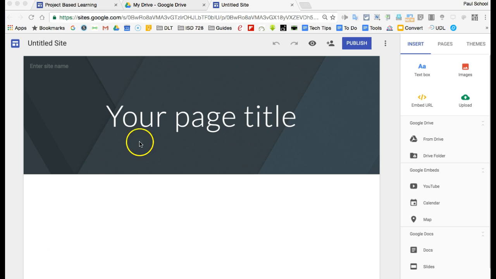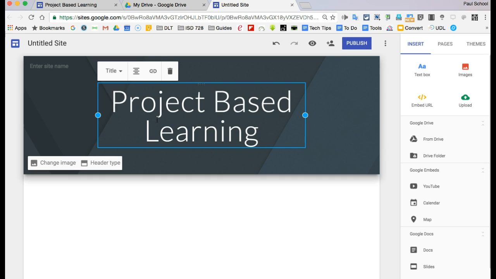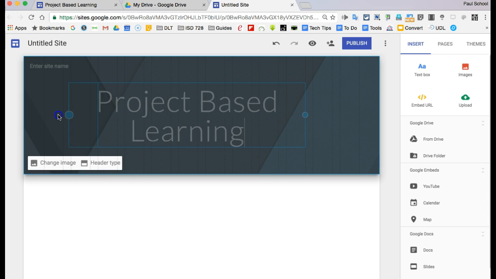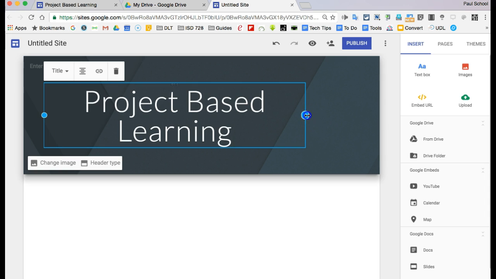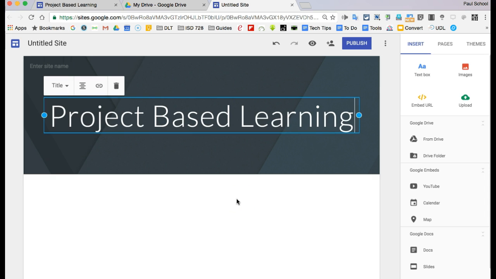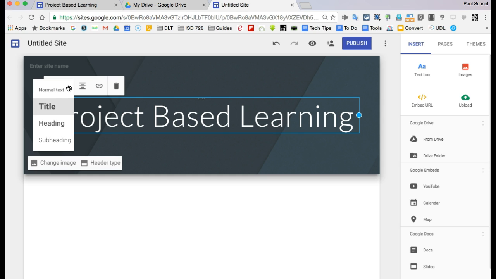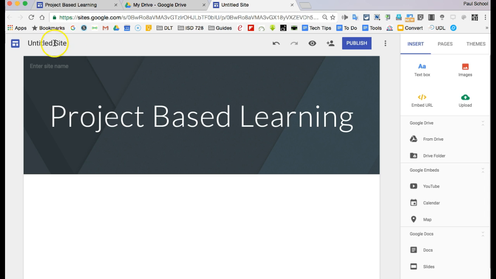The first thing I'm going to do is put in a page title. So if I click in this first area, I can type in a name for my project. And notice I have these responsive tabs here, so I can stretch out my text box to the format that I would like. Up at the top, you do have a few options for deleting it, linking it, left, right, or center alignment, and then there's some default heading formats. This is title. If I click up on Untitled Site, I can put the name of my site up here